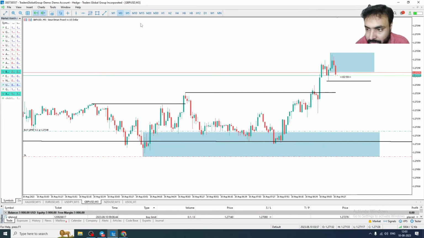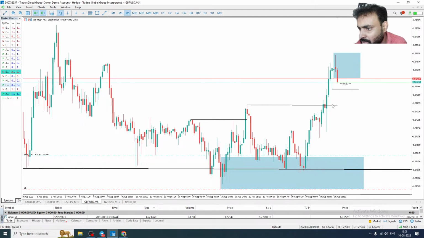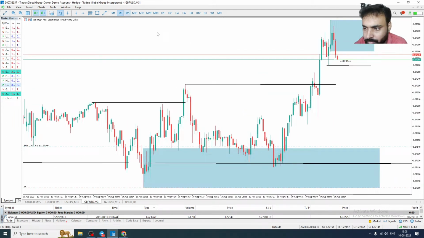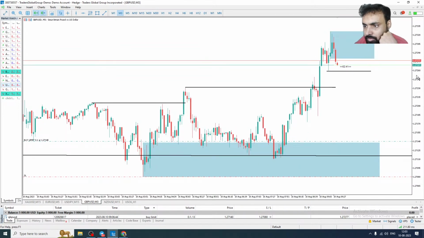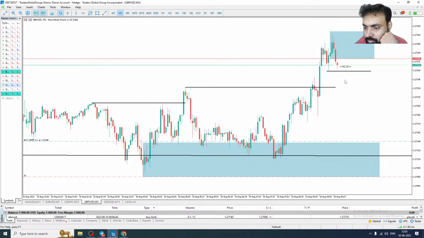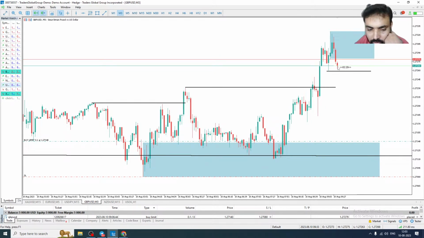Let's see, but it's a 3 minute chart. It's okay, look at 5 minutes. 5 minutes also it's a breakout structure, right? 5 minutes also we want to see this breakout structure. As soon as it breaks, we can sell from the top. Break and come back, only then we are going to sell. So we already put a buy entry here, so we are looking for the sell entry.